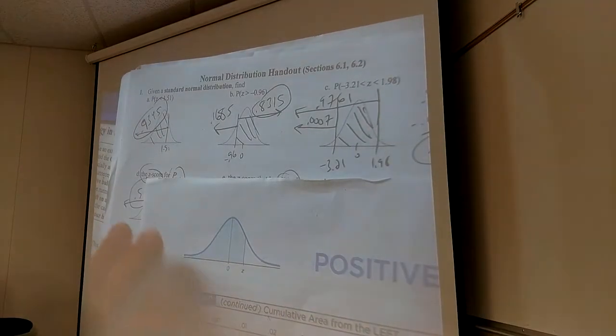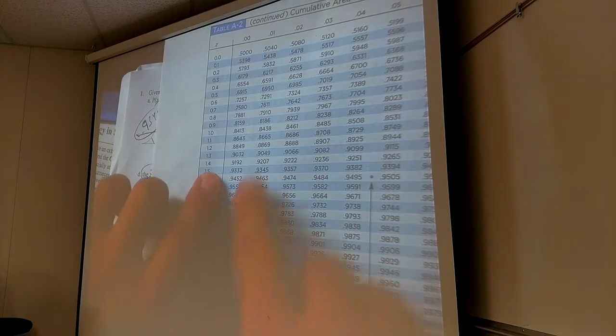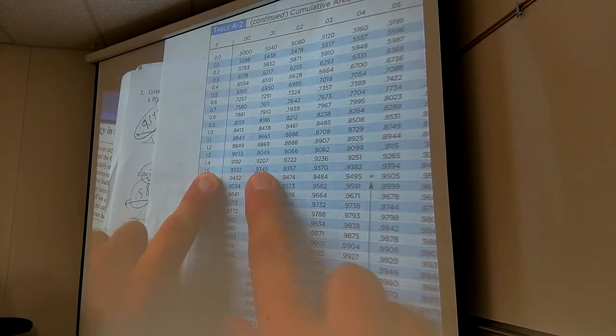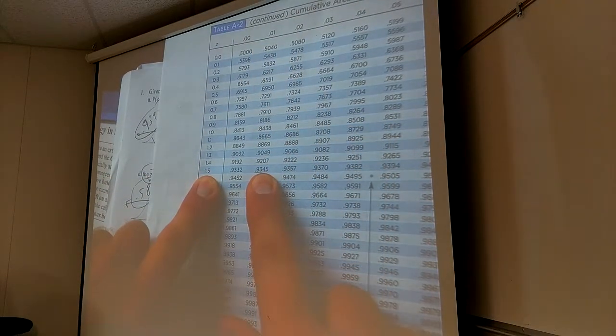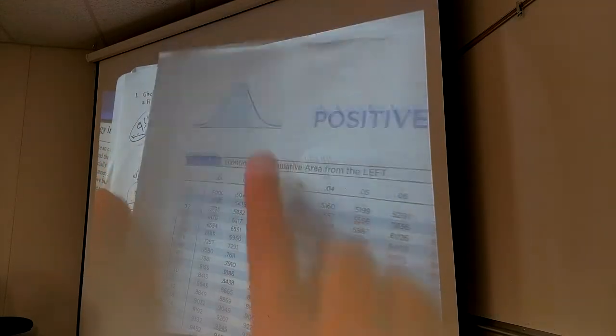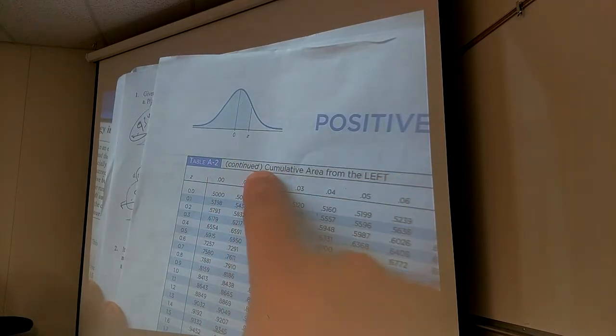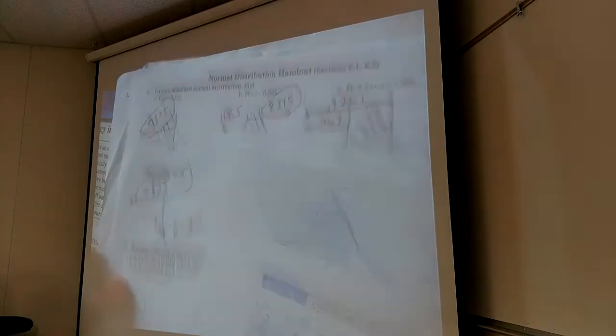Well, you just look up 1.51. That's how you piece these things together. And you get 0.9345. So this chart always tells you the area below the z-score that you look up, which makes a problem like